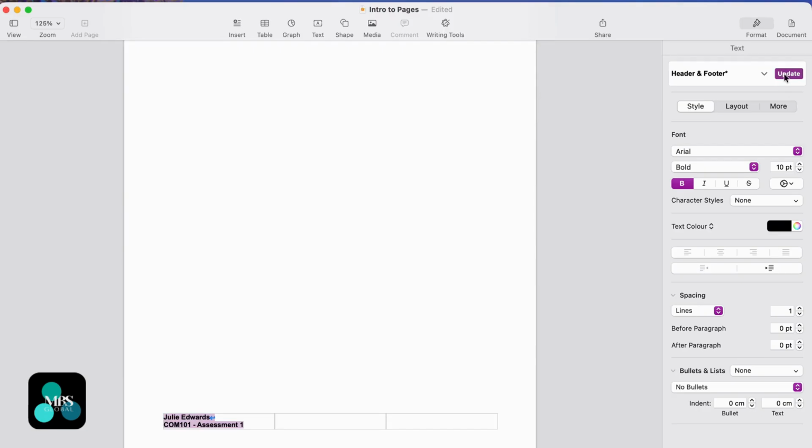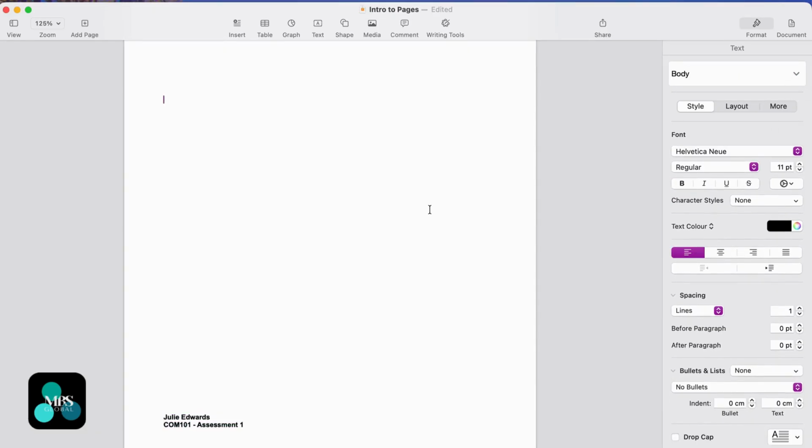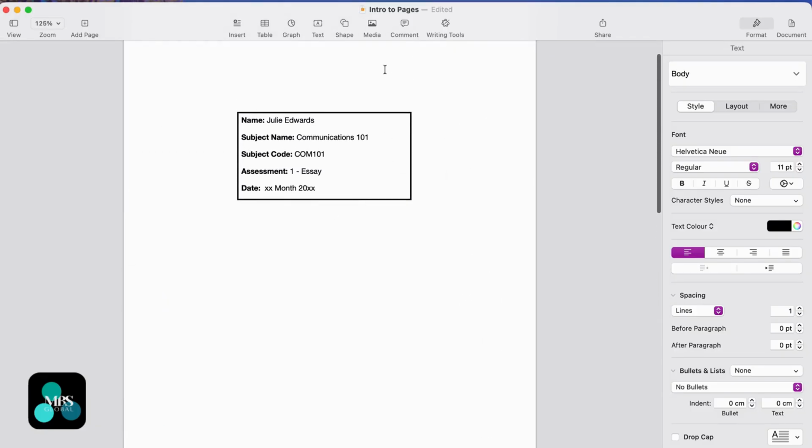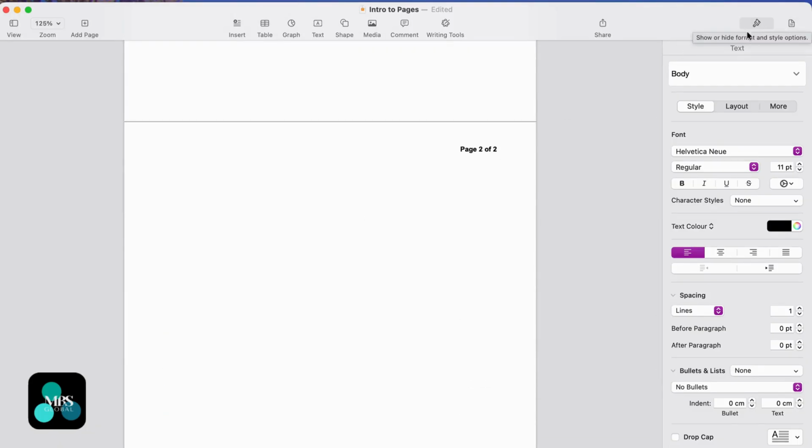Now over here we press update, and that means that all header and footer paragraphs will now be Arial, and it's done. Nice and simple. And you can see it's done that for the page number as well. But this has been left the same as we started with. Okay, so nice and simple, the format section, and we're going to come back to the body of this shortly, but we've got the borders,